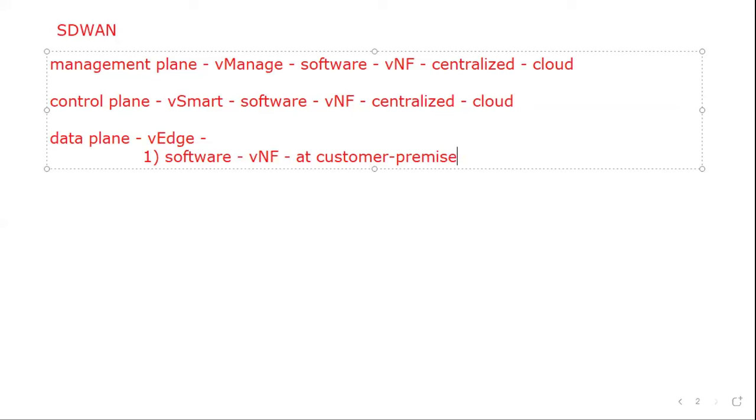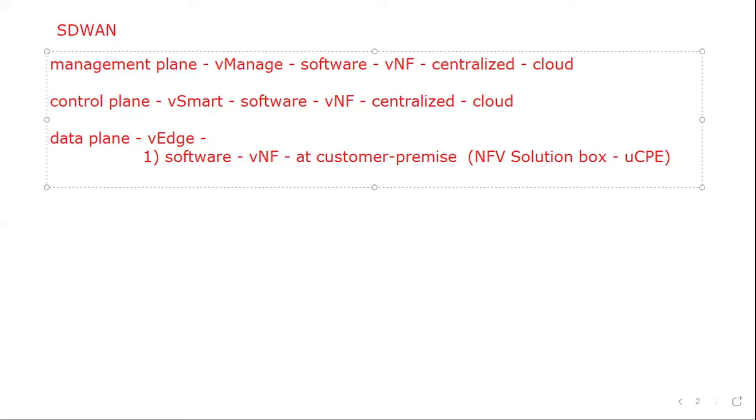If it has to be on customer premises, generally the customer uses the NFV solution box which I told you about, the universal CPE. The second way it is available is hardware, such as the CSR 1000.